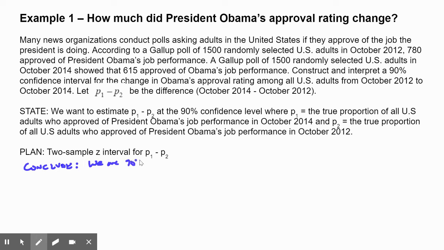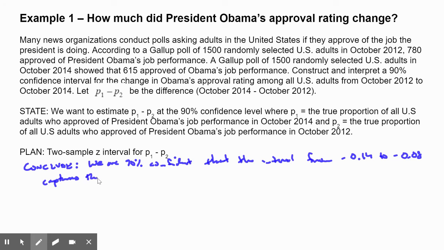We are 90% confident that the interval from negative 0.14 to negative 0.08 captures the true, and we could put difference or change. So it doesn't really matter what you put. Again, this interval is the change, the true difference. And the proportion